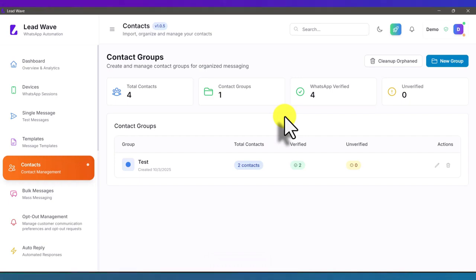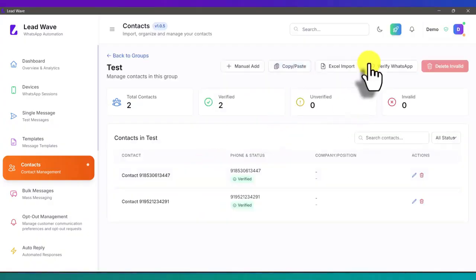In this video, we are going to see a module called bulk messages. In the last video, we covered contacts: how to create a contact group, how to add numbers by entering them manually, copy-pasting, and uploading an Excel sheet. We have also seen how to verify numbers using the WhatsApp filter. Now, in order to